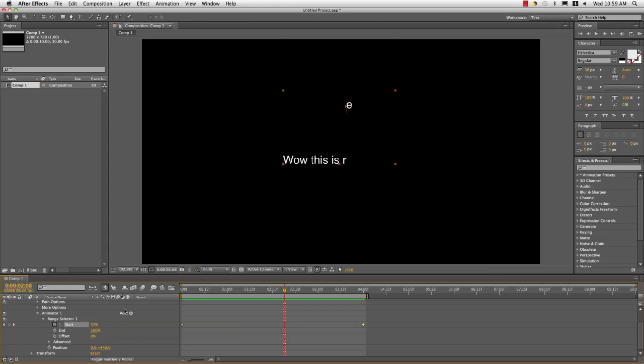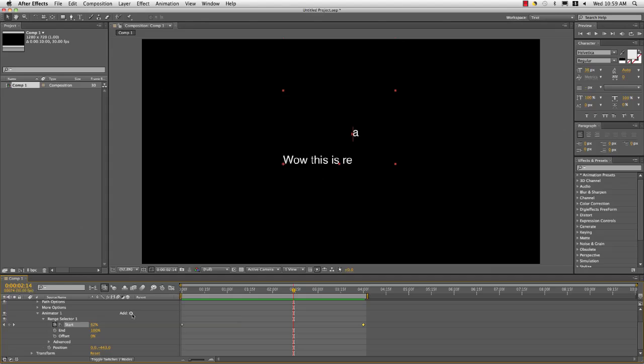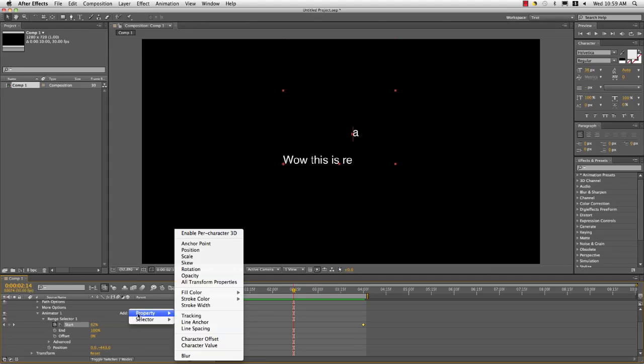To add extra effects to what's going on with the text, you don't have to make any new animation. You don't even have to make any new keyframes. If I still want to obey this kind of letter at a time, left to right, which I do in this case, all I have to do is, once I've got my animator in here, you can see I've got an add button. And this is where you can add extra elements. So let's choose add, and then property, let's go to